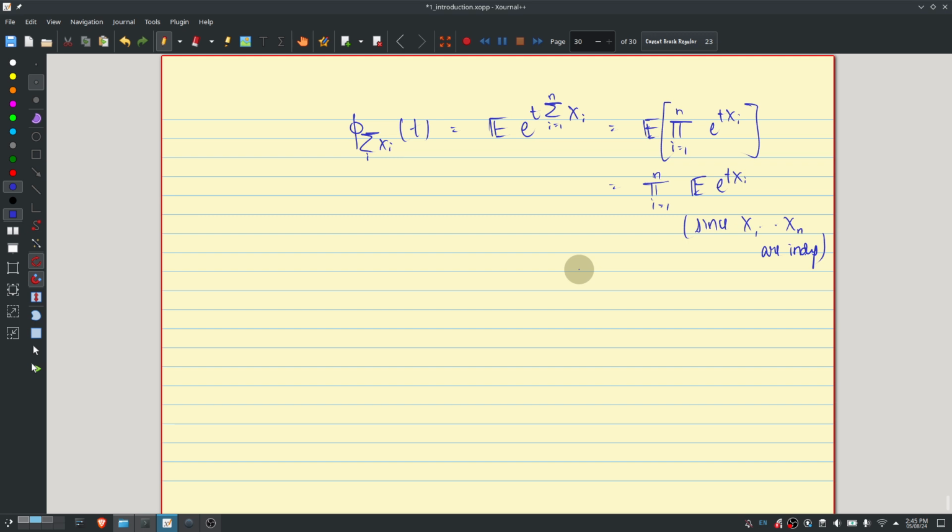E to the power xi, if x1 and x2 are independent, what can you say about f of x1 and f of x2? How do you define independent random variables? If we have two random variables, they should be independent pairwise. If the function is a function of the random variable we are considering, is that correct? No, I'm saying that any function, you take any function, they're still independent.